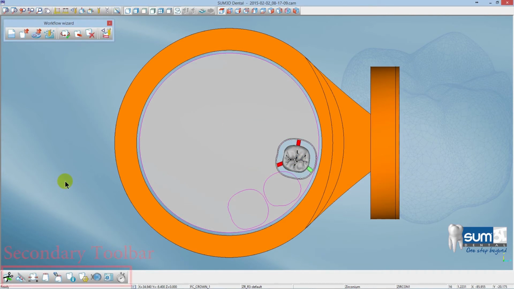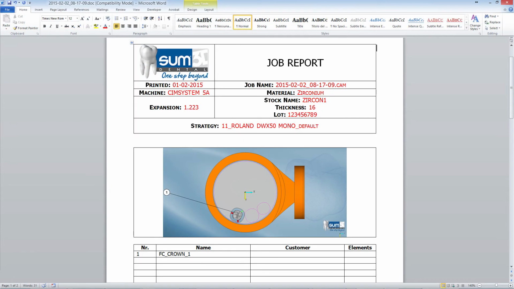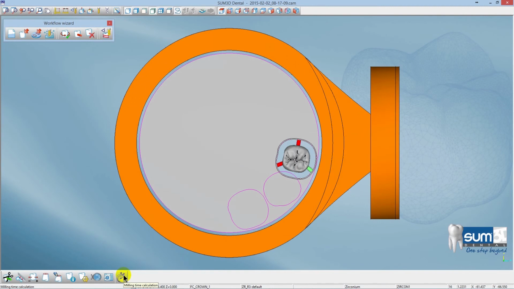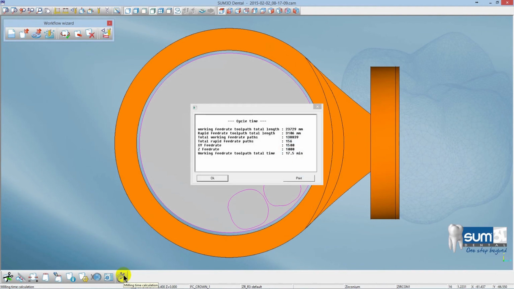And next we have our secondary toolbar down here at the bottom of the screen. What this basically allows us to do is use some secondary features that aren't necessarily necessary to get through the processing of a single job. However, they do provide us some additional options, such as modifying the way that we trim our support pins after the job has been done milling, all the way up to detecting the margin, manually specifying the margin line, as well as creating reports and estimating milling time calculations to see how long it's going to take to mill out